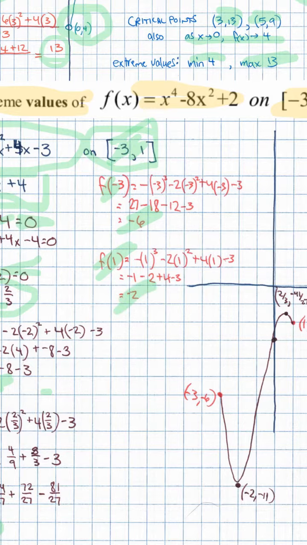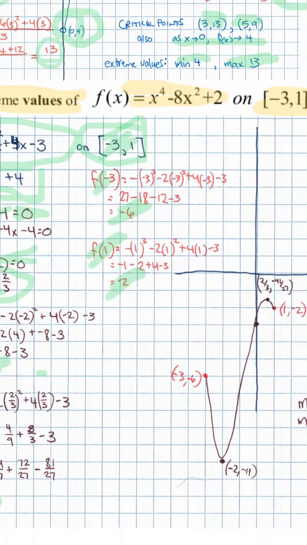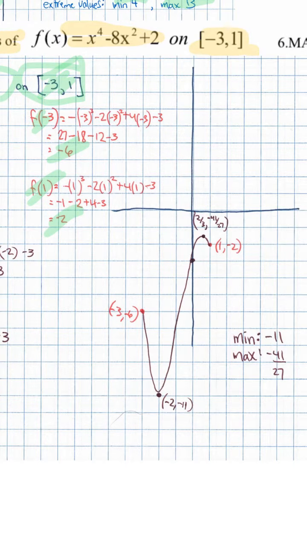I didn't have to graph all of this, but just to show you guys what's going on, I thought it was worthwhile. So I went ahead and graphed. I put all 4 of my points. I put both points that I got from the derivative being 0. The -2, -11 is a local minimum. The 2/3, -41 over 27 is a local maximum. And then I've got the endpoints on my interval, -3, -6, and 1, -2. So those 4 are the critical